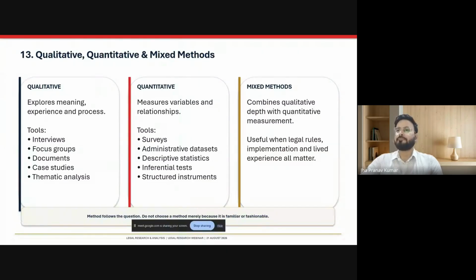So you need to be very clear about it. Coming to the qualitative and quantitative, प्लीज एनीवन, की बहुत कंफ्यूजन होती है, बहुत इजी है लेकिन लोगों के बीच में